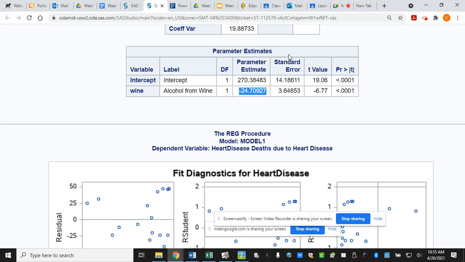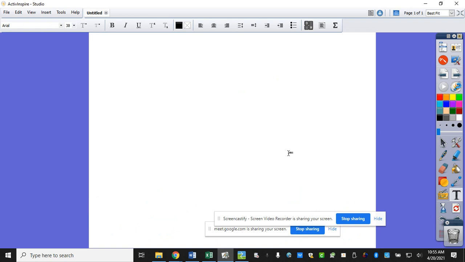The printout that we had was like a black and white printout. It looks a tiny little bit different, but I'm trying to make the connection as we go along because I'm going to come back to that. So are these the same numbers that you got, this 270 and this negative 24? Yes. All right, so let's go ahead and write that. So with part B,